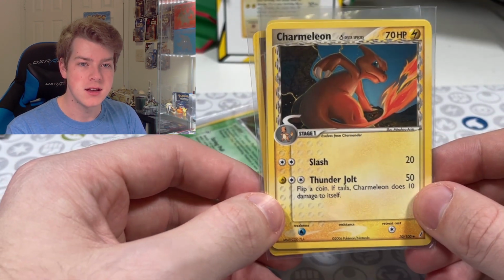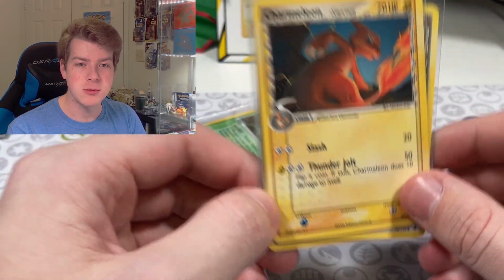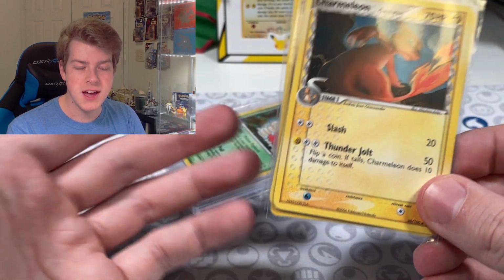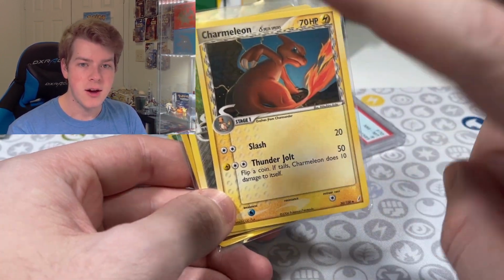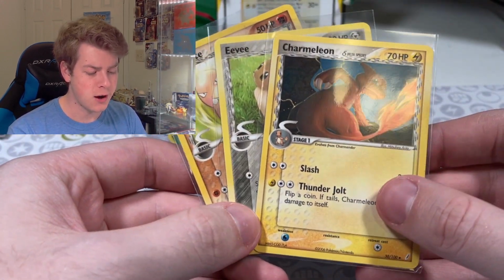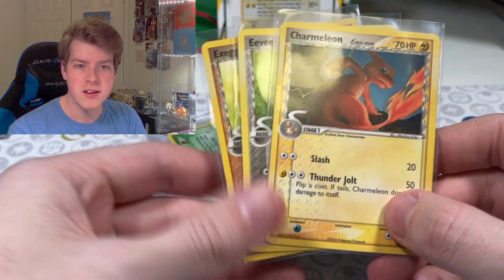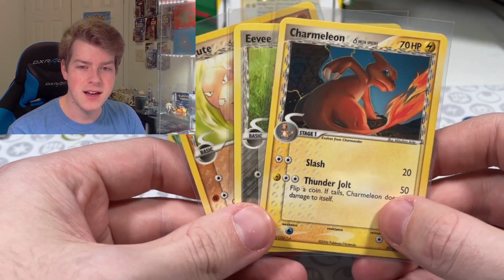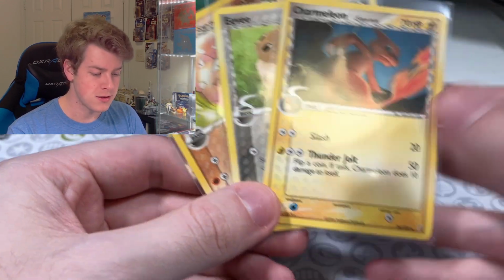Guys, you could spend probably $30 on some modern packs and not even get anything remotely close to being this cool. I mean, yeah, you could pull a holo, great, it's a holo. Technically better in terms of pull rate and ultra rare ratio, whatever. This is from 2006. I don't understand why people always make the argument like, oh, vintage is so expensive. No,